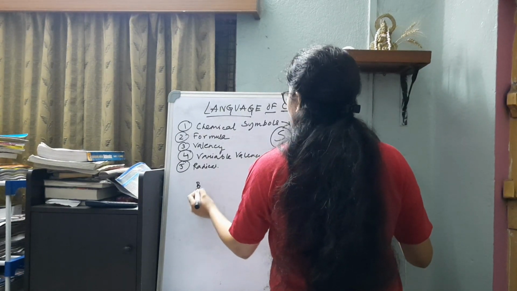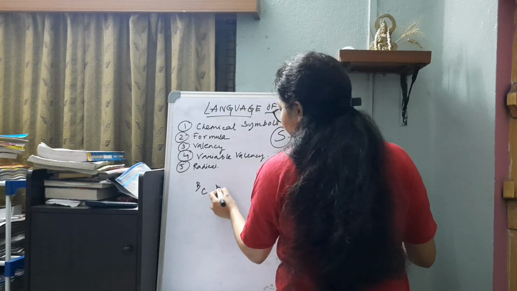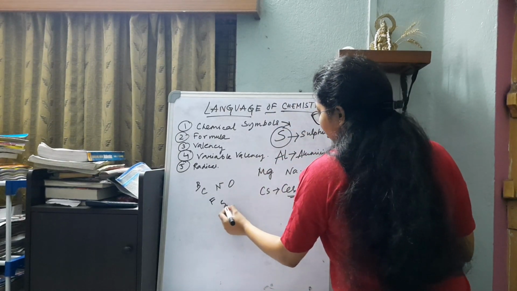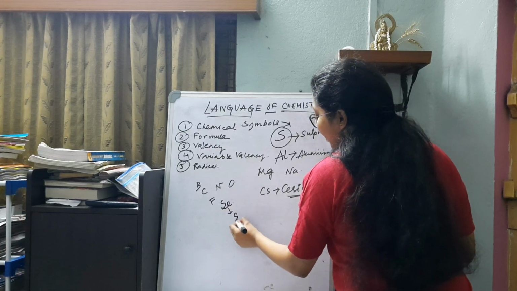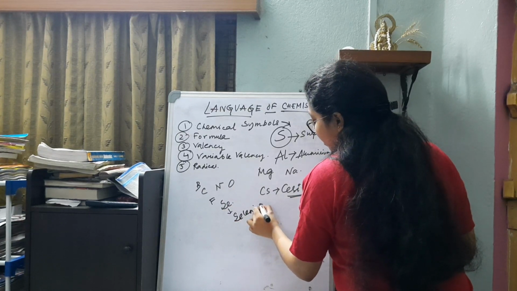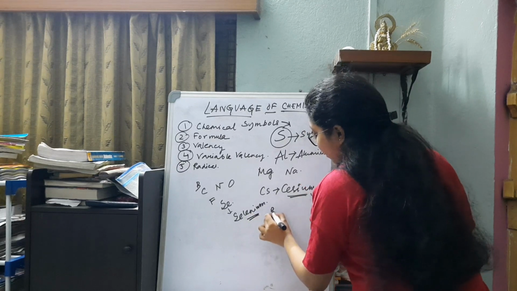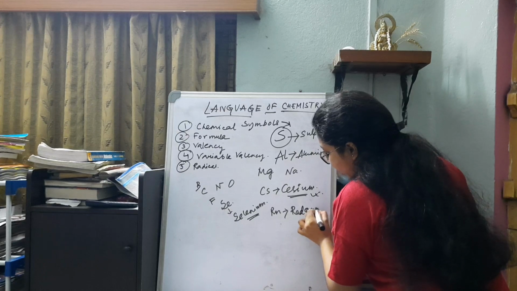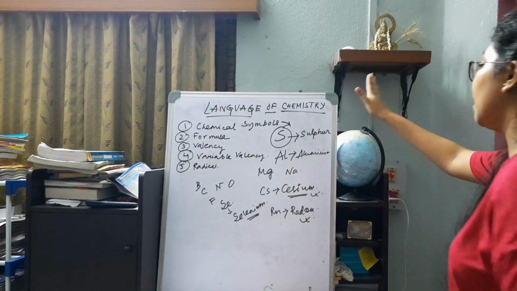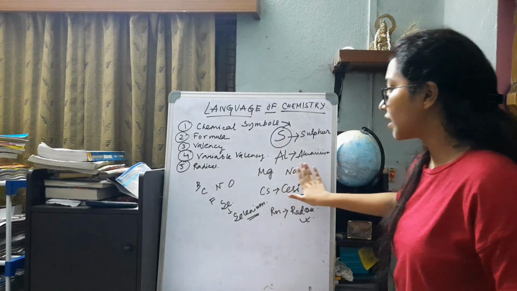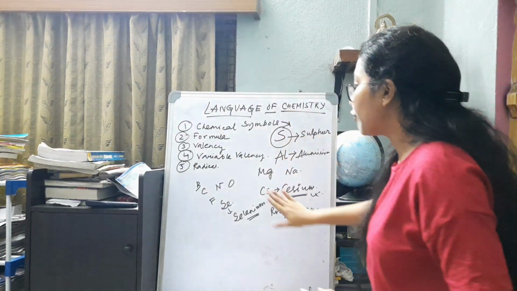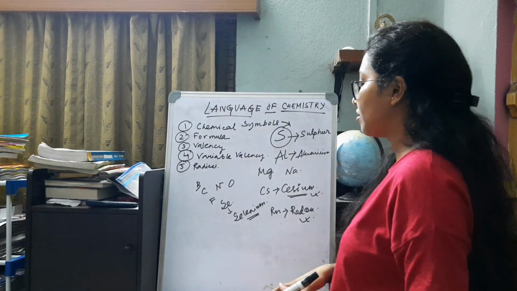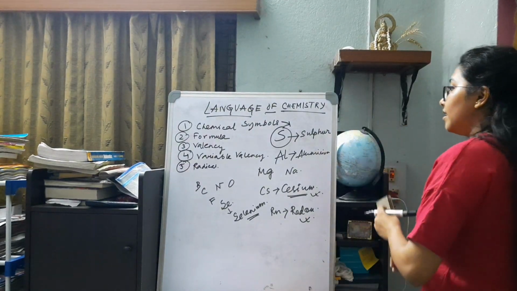Then B for boron, C for carbon, N for nitrogen, O for oxygen, F for fluorine, and accordingly Se means it is selenium. If we go for Rn, that means it is radon. So there is no end to this. You have already done all these chemical symbols, I hope so, or you can also find them in your textbook. So this is the chemical symbol, that is the short form representation for the name of an element.